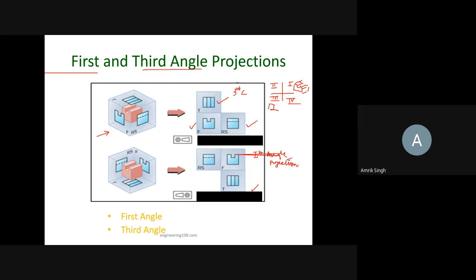So you see here, the top view is drawn at the bottom and the right hand side view is drawn on the left side. While here, the front view is drawn as it is, the right hand side view is also drawn on the right hand side, and the top view is also drawn on the top side. So these are the differences in their symbol, and this is how we distinguish between the first angle projection and the third angle projection.